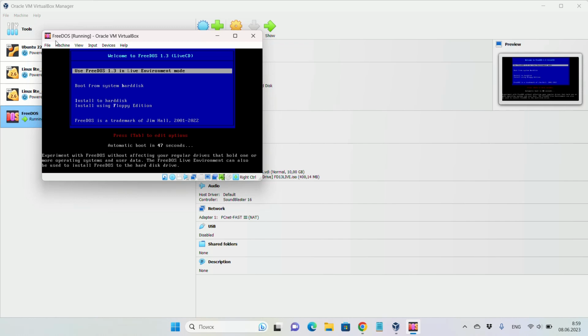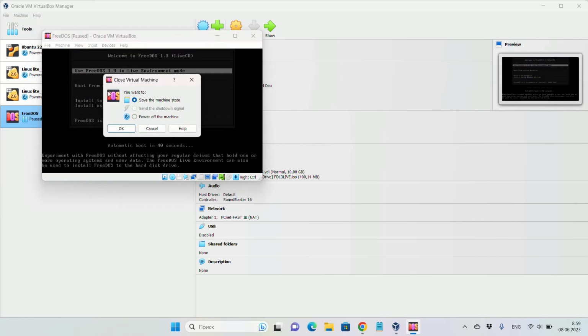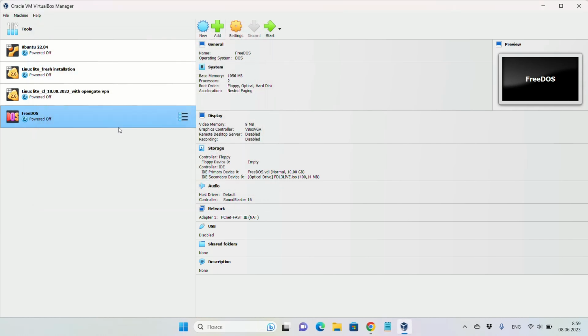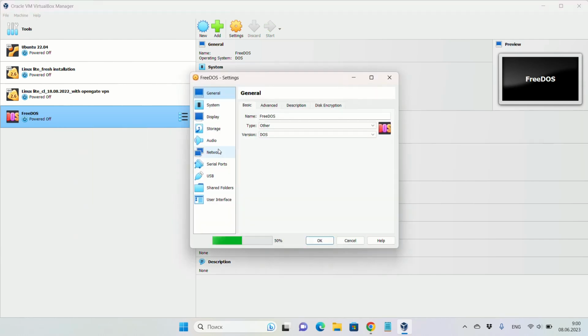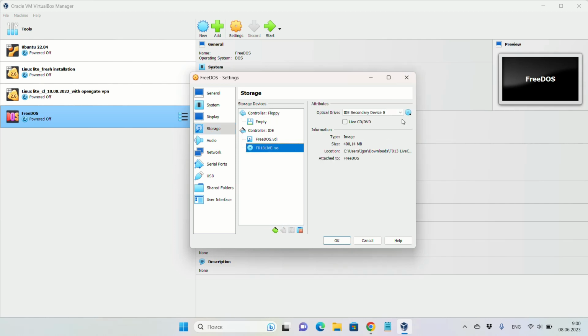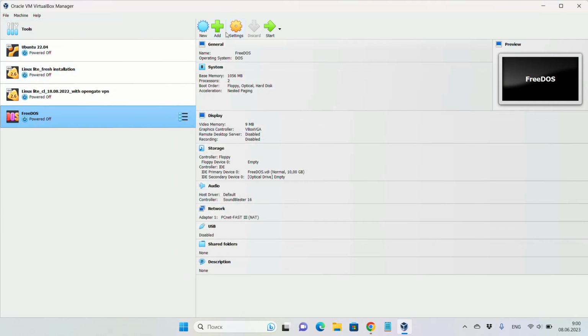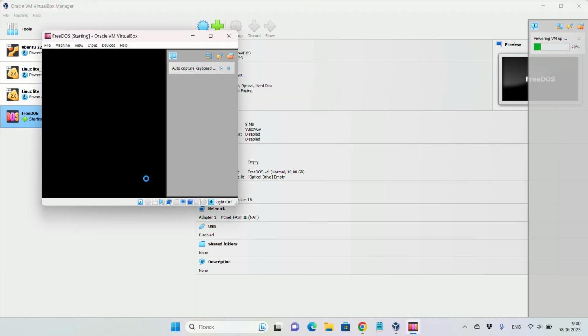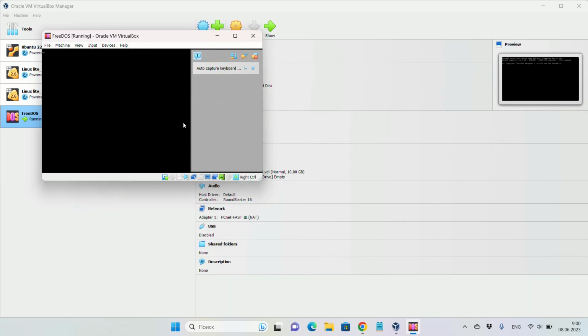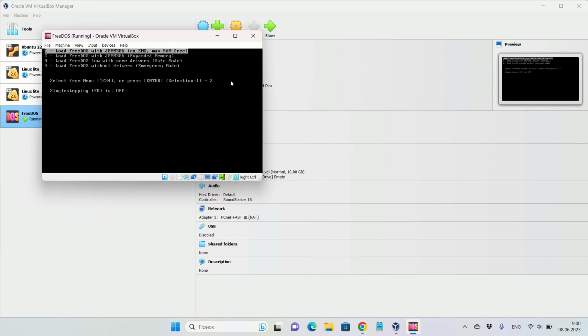For now, I'll just turn off the virtual machine and start it without the installation disk. Now I choose the first option.